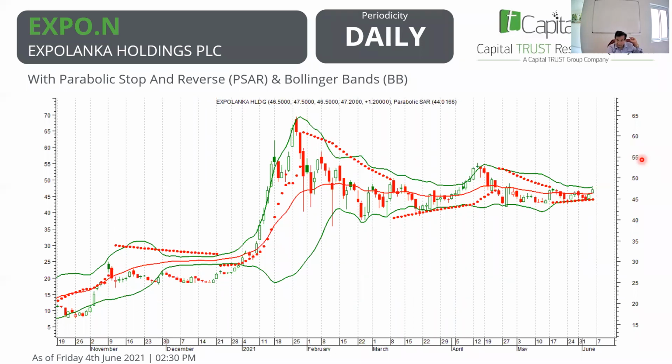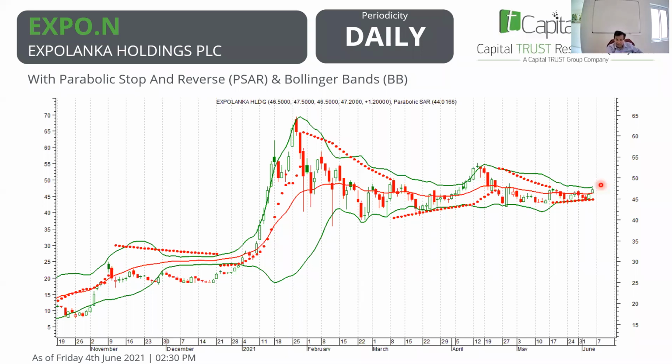The jump is a jump from below the long-term moving average to the long-term moving average, but not above. So you will not see a retracement in Expo. Though there was a jump, a small exhaustion gap was created here. You might see that Expo might move up in the near term,